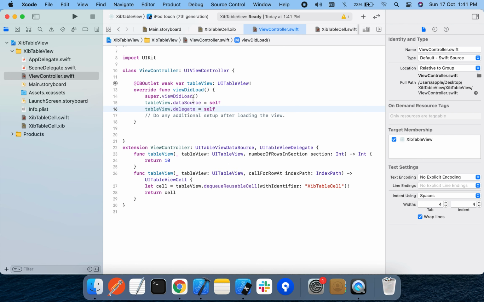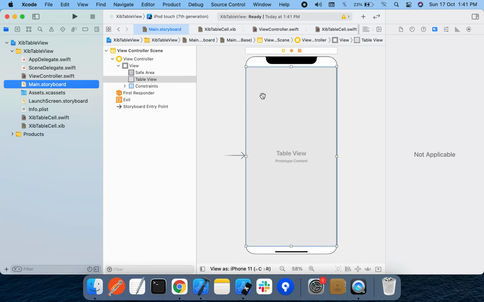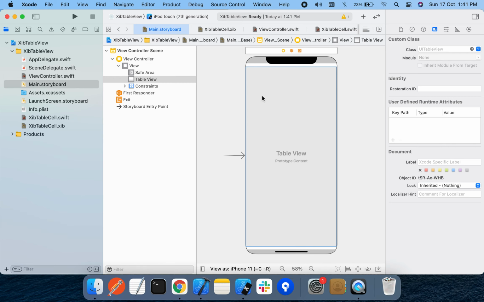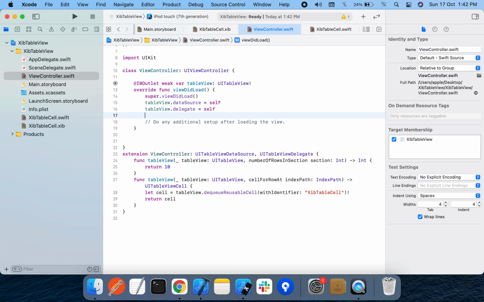So additionally what we need to do here is we need to register that particular cell as it was not there in particular table view. So in general table view should have the cell, that cell is dequeued by the data source. So that's what we are doing here. So we are trying to dequeue a cell which was there in our table view, but actually the table view doesn't have cell in the view itself. So what we have to do is we need to register the table view that this particular cell is a part of this table view. So that's what we are going to say. This line is very important.